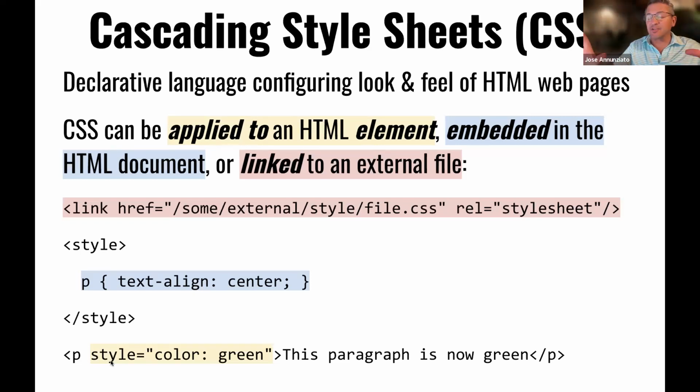So all paragraphs should look the same, all headings should look the same. For instance, all paragraphs should have a color green. And if you use the style attribute, you'll find yourself copying and pasting that style over and over, in hundreds, thousands of paragraphs,